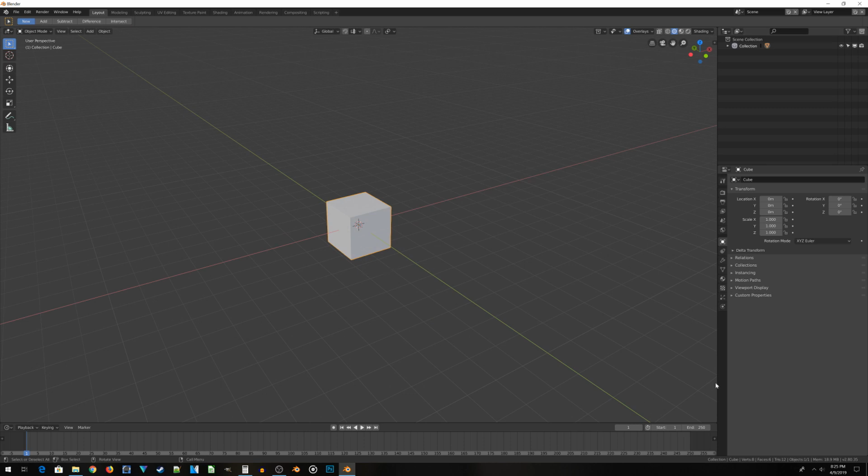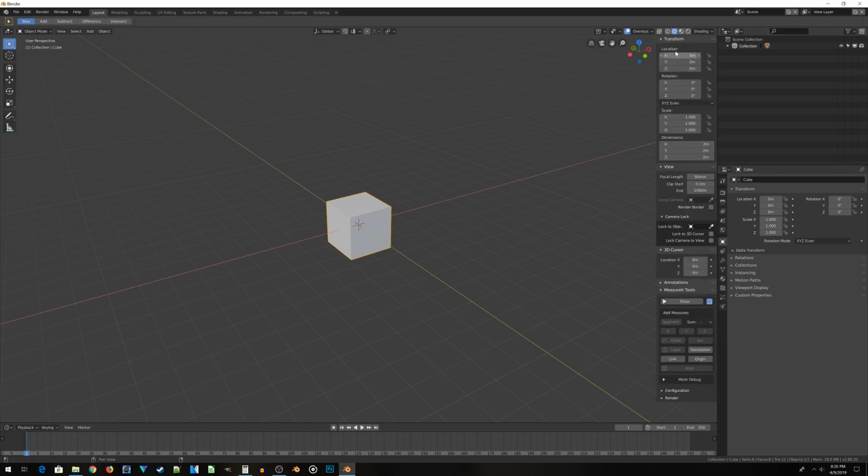Now if you don't have a sidebar over here with a bunch of numbers and stuff, let's press T, no not T, press N to bring that up. And then what I want to do is change the dimensions of these numbers here for the X, Y, and Z to be whatever the size of the brick is going to be. I did some measurement of an actual brick from a house here in the United States, and then I kind of doubled it in size just because if it's too small, you're really not going to see any cool textures or whatnot. So I'm going to go ahead and make my brick be